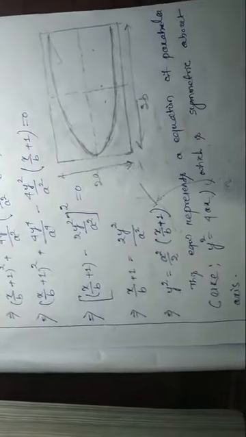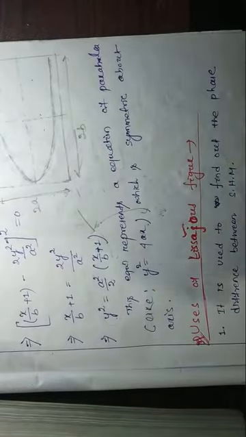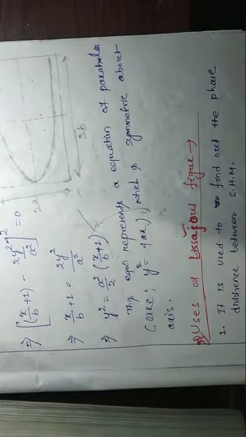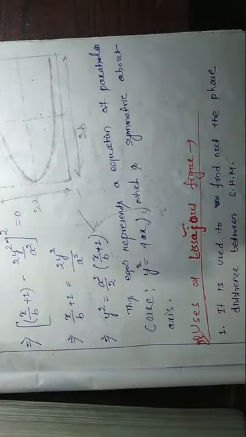So the three Lissajous figures we have found by using three conditions: one is 0, another is pi by 2, then 3 pi by 2. We got the Lissajous figures mathematically, by the so-called analytical method. By using the analytical method, we got the three Lissajous figures.